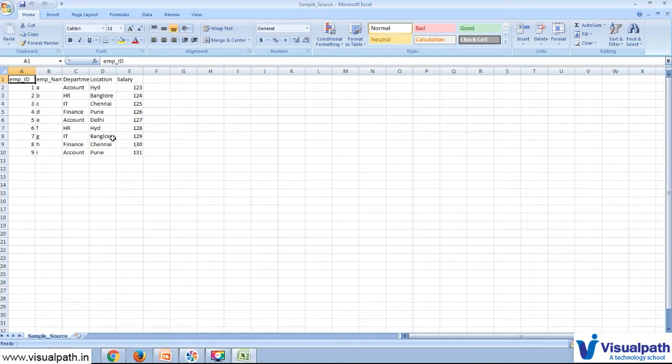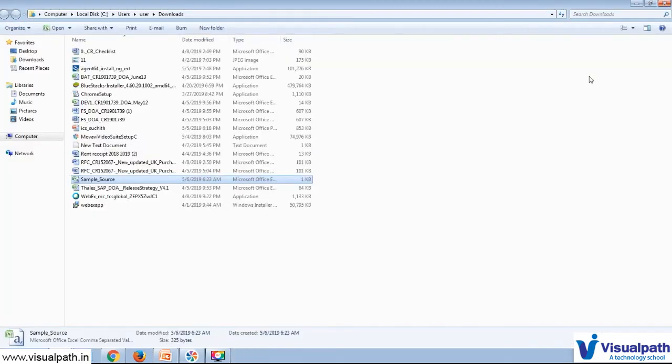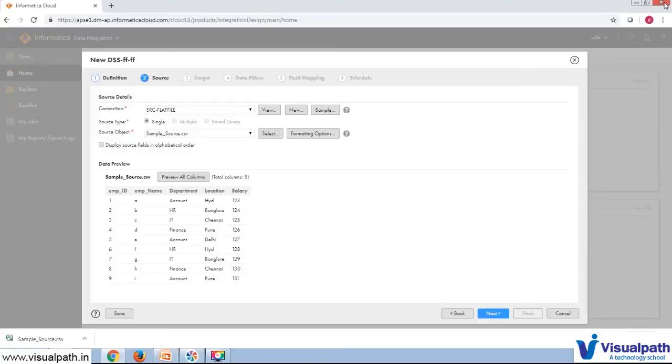That is the maximum number of records in the preview columns file that you download from the Informatica Cloud source object. If we have 1,000 columns, it will show all the 1,000 columns in the sample file, but it will show only 9 records by default. In this way, even if you do not have access to the source system, you can check what columns are available there.